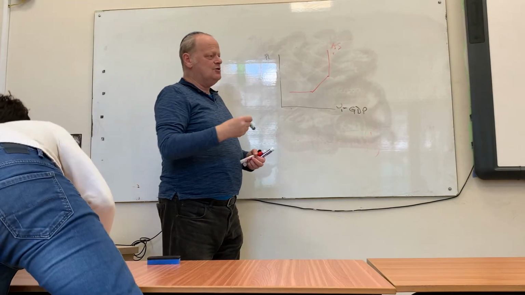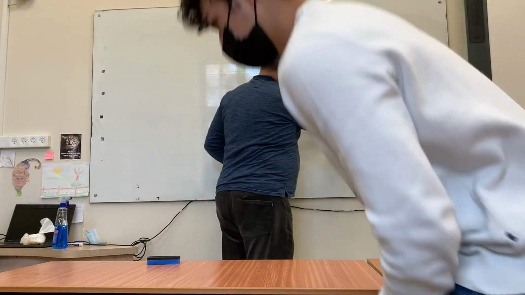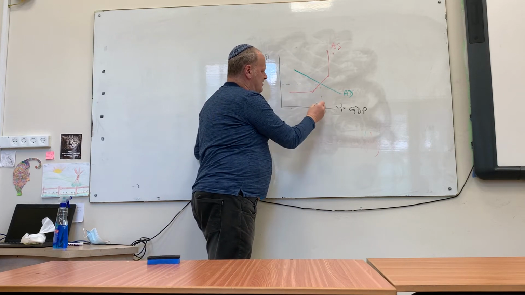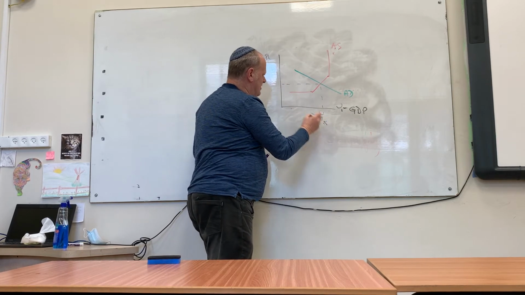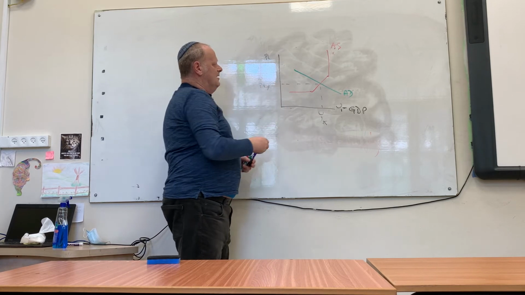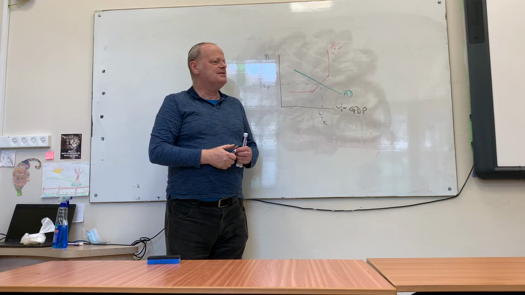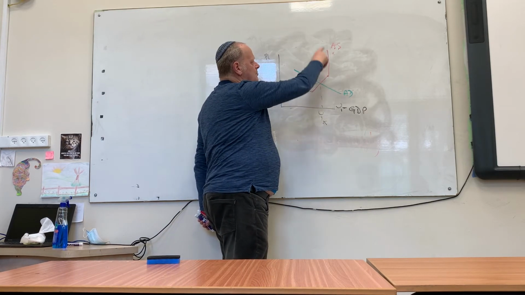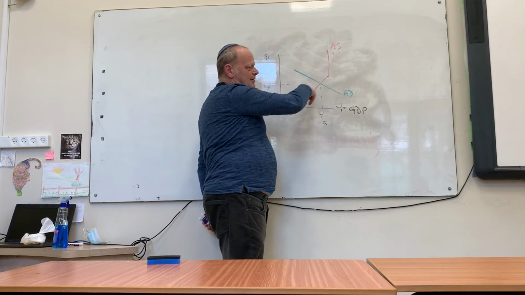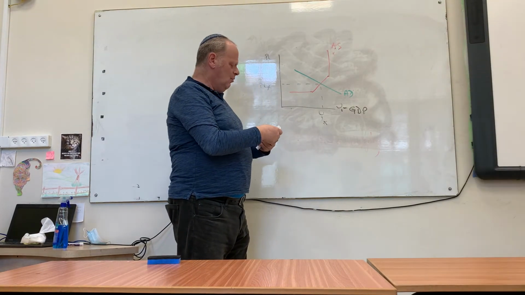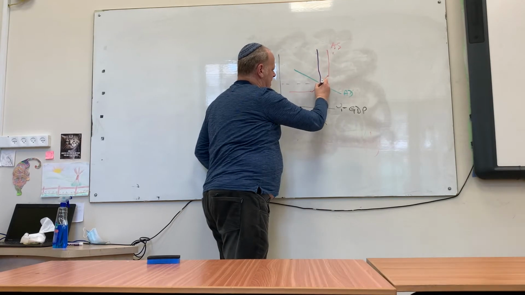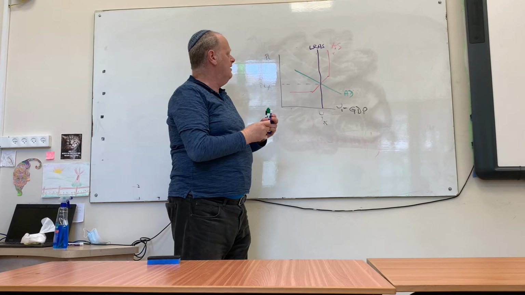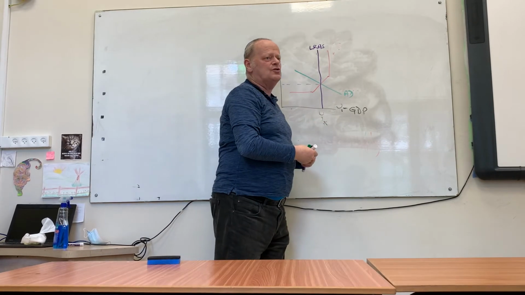Now, let us assume that the aggregate demand is at this point, and that the price level, which we said from last time, is here. This is the price level, and this is the amount that's produced, Y1, or we'll call it Yx to make it simple, and we'll call this PLX. Now, what is the position in the long run? Which means after the economy's been going up and down, boom, peak, recession, trough, boom, peak, recession, trough, up and down like a yo-yo. Theoretically, at least, it will follow this curve, which is the second aggregate supply curve. This one is the LRAS, standing for the long run aggregate supply curve, whereas this one here we are going to name the short run aggregate supply curve,